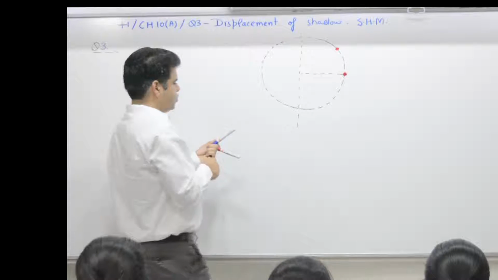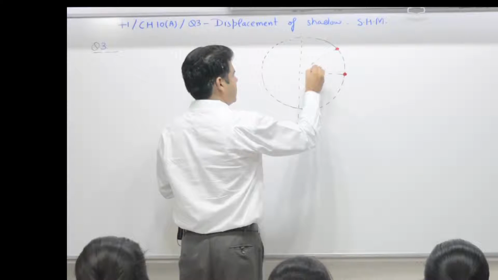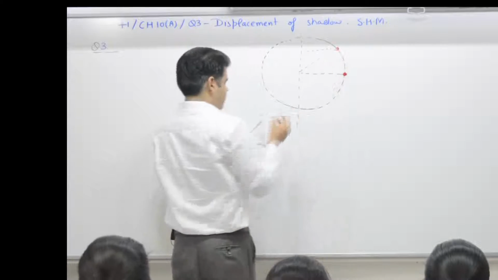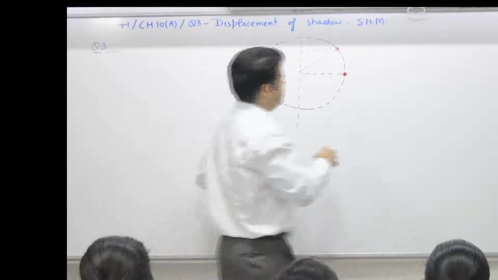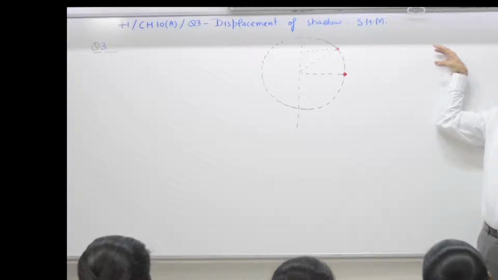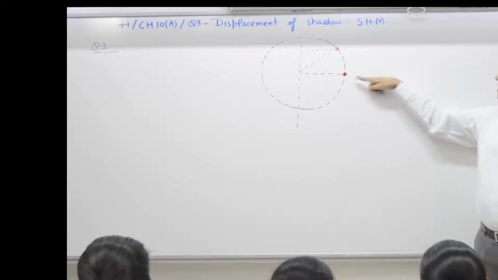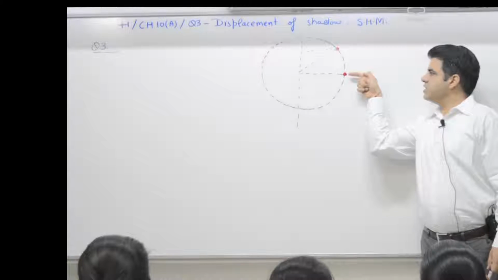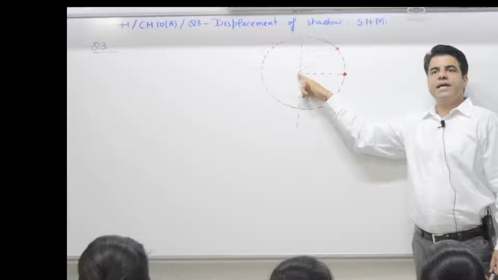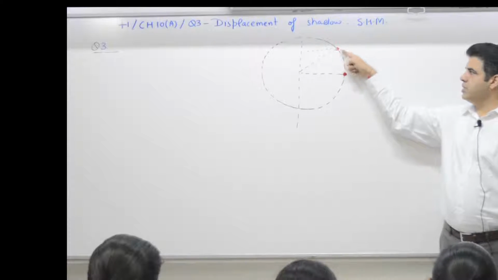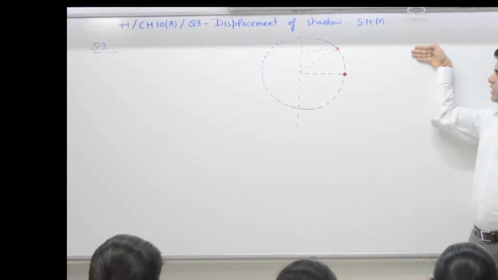If it moves to this position, its shadow is somewhere here. Am I right? Suppose you have a source of light on this side. So at t is equal to 0, the light hits this particle and you get the shadow at this position. Agreed? When the particle moves from this position to a new position, the light as seen by you from right to left,